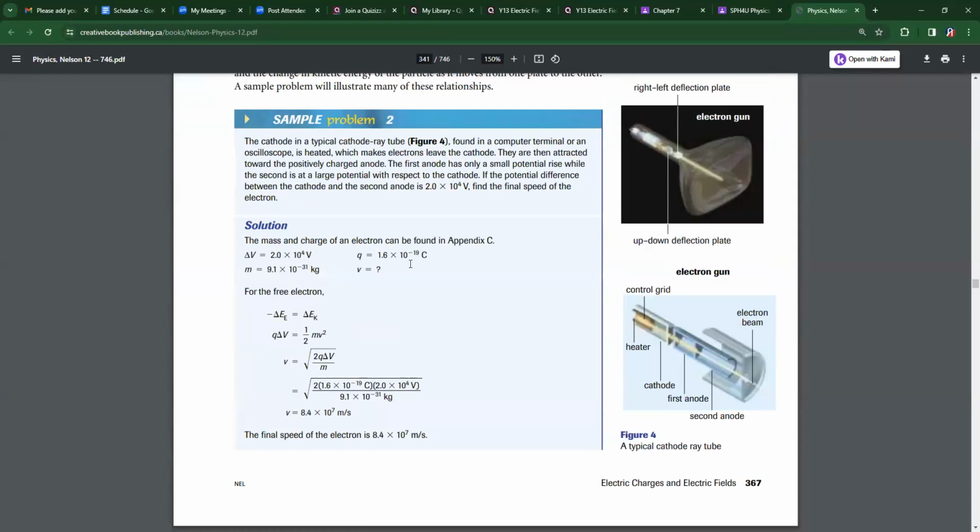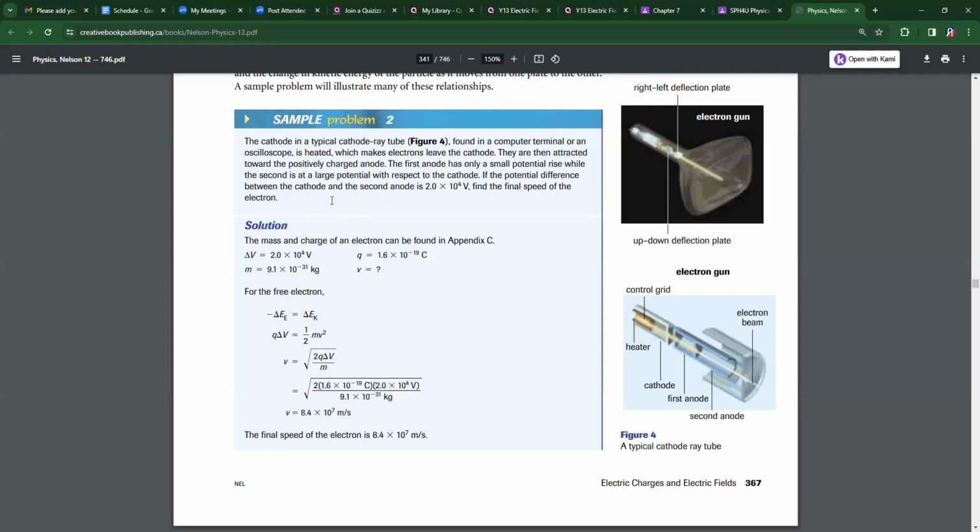Okay, if charge is moving, it has kinetic energy, and electrical energy is the product of charge and voltage. So we can use this principle also to find the speed of the particle inside of the field. So how to get speed? You divide both sides by 1/2 m and take the square root. So basically, to get the speed of the particles inside of the cathode tube, you multiply charge by potential difference, divide by the mass of the particle, and